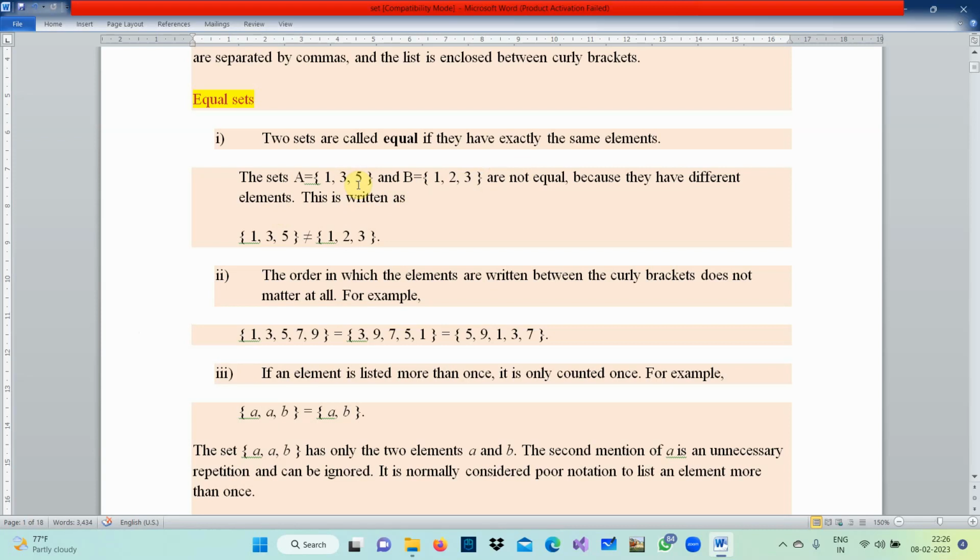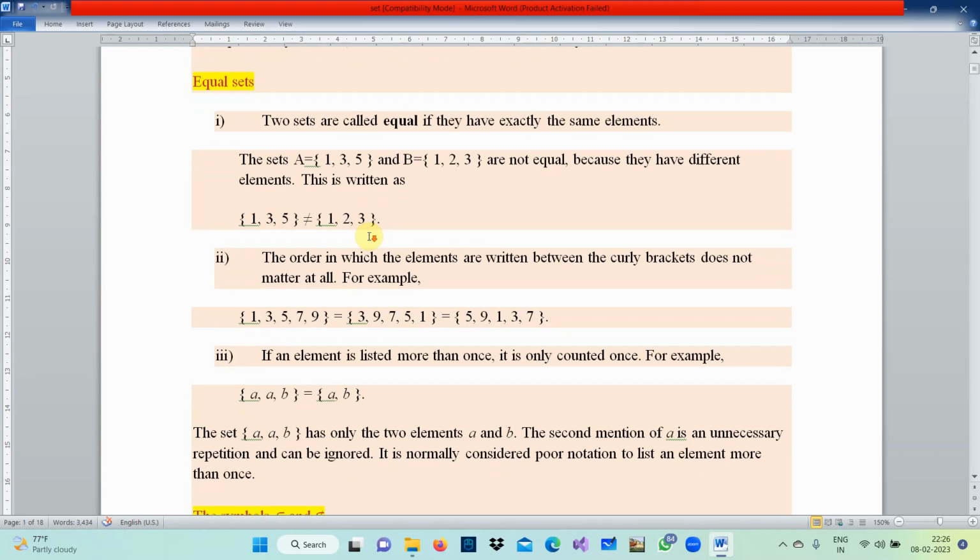The sets will be equal only if all the elements are the same. Say for example, 1, 3, 5 is a set and 1, 2, 3 is a set. These are not equal sets. Why? Because the first element 1 is okay, but the second element is 3 here and 2 there, and the third element is 5 here and 3 there. So the two sets are not equal. Is it clear?